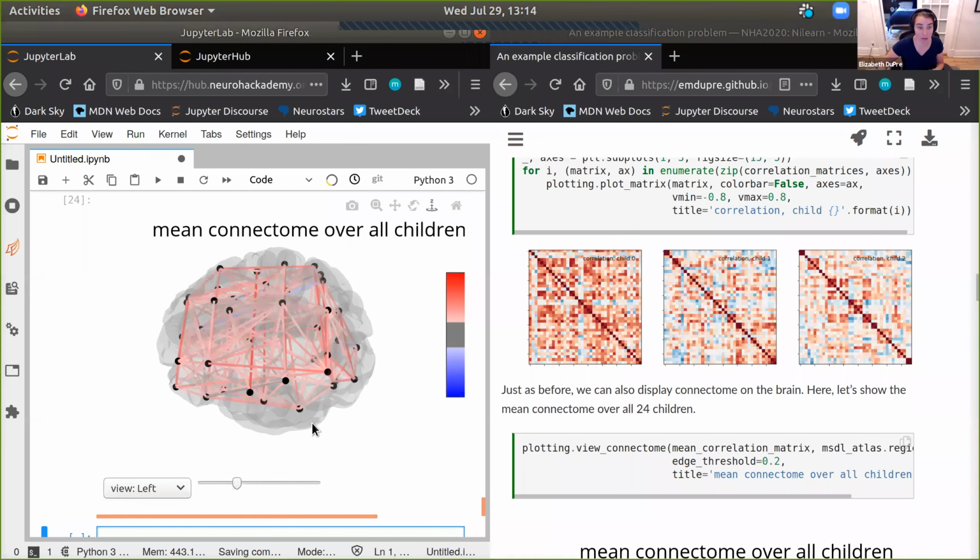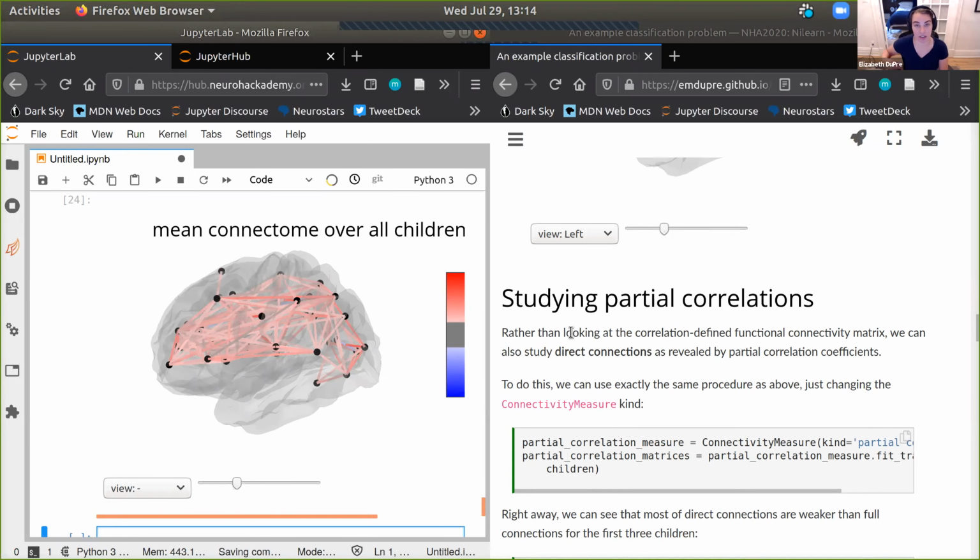So this is pretty cool. We have this functional connectivity matrix defined by correlations, but I told you that we would think about a couple different ways to define functional connectivity, because then we can use that in our machine learning analysis to see: do different ways of defining functional connectivity differentially impact our accuracy in classifying participants as children or adults?